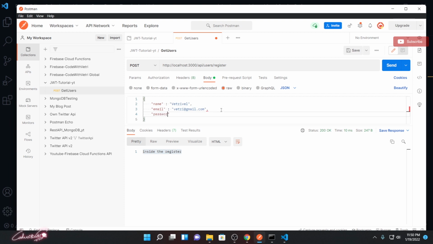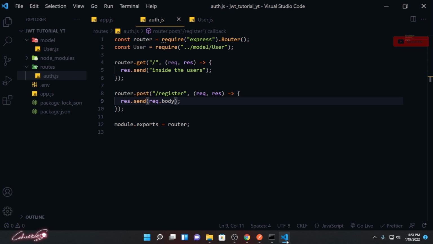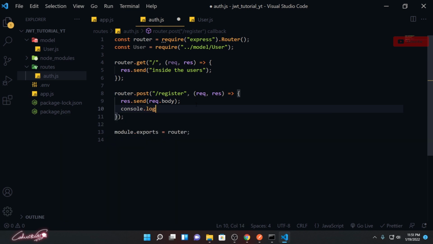And password, I'm just creating Vitfree at 0206. Okay, we'll keep it simple, something like this. So here you can see that we are sending some name, email, and the password and everything. We are not supposed to show the password, so let's hit send. What are we getting? We are getting nothing. Why? Even after that, we'll do the console.log